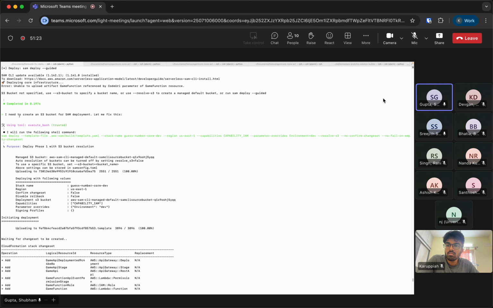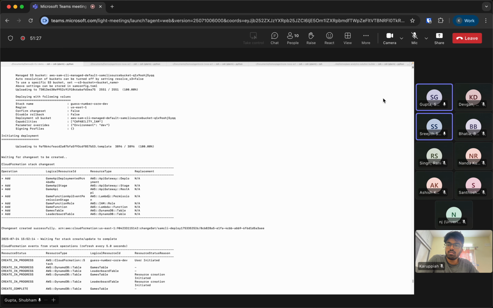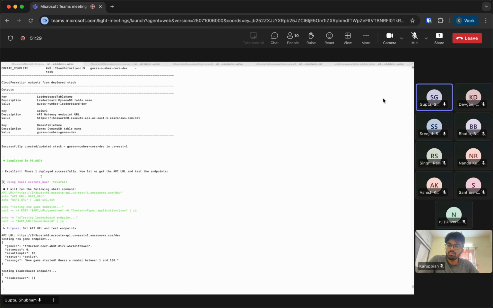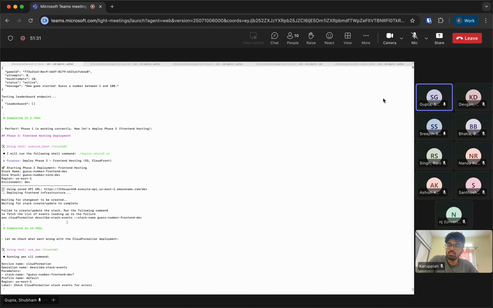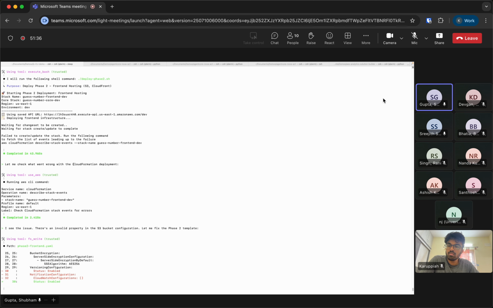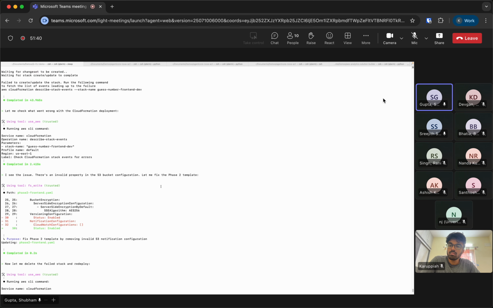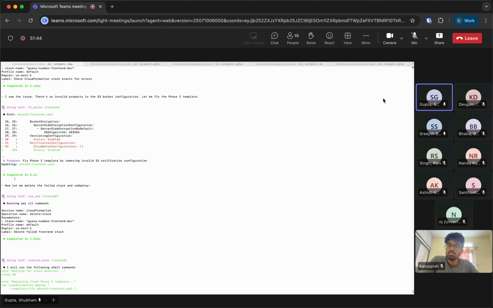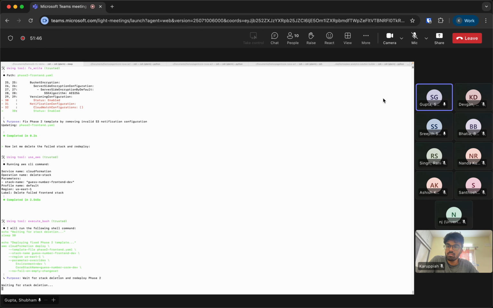Then it identified that it needs to do the backend second phase of deployment. So it started doing that, right? And it failed. Basically, there was an error in that. So it identified it. Now it's trying to read these CloudFormation logs, see what errors have occurred, and it will automatically do this fix. It identified what was the issue. It will delete the failed stack, redeploy it. It will keep on doing this till it makes the application run automatically.